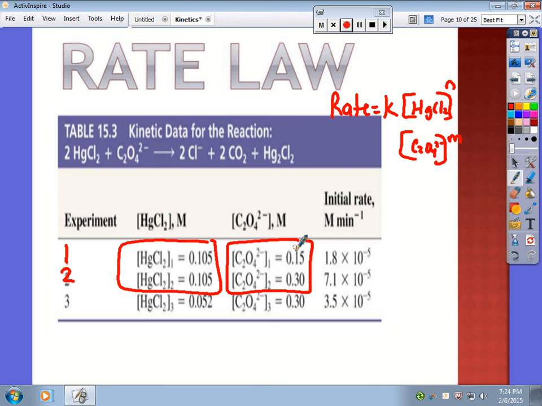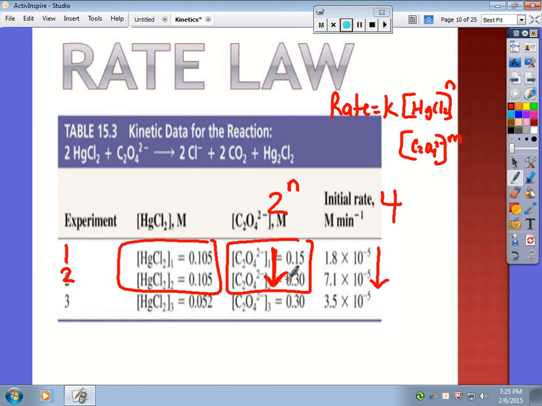Okay, so when I double my concentration, this doubles, right? So I'm going from 0.15 to 0.30 in experiment 1 and 2. This goes up by 4. So if this is doubling, I double it, and the rate increases by 4, it makes it go faster, 4 times faster. Then what did I have to do to this? I just square it. So that means this ion